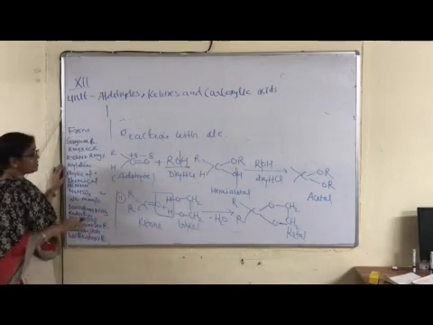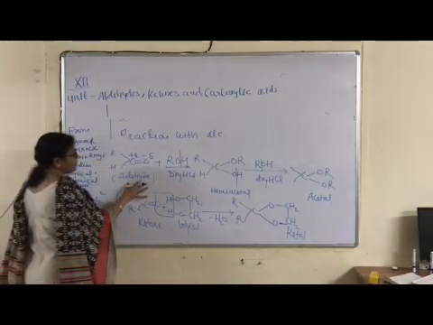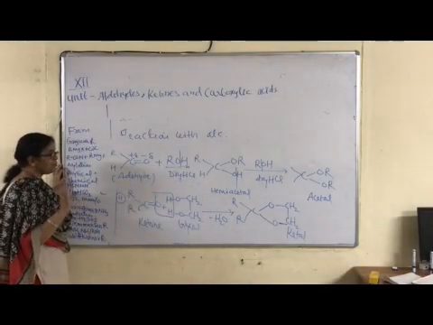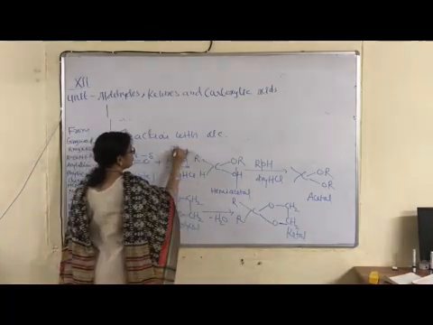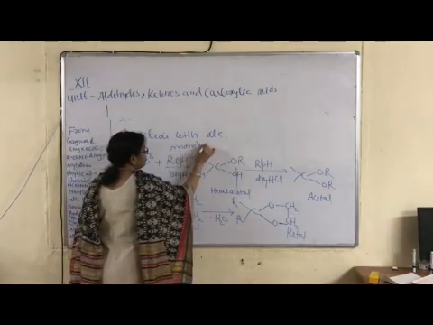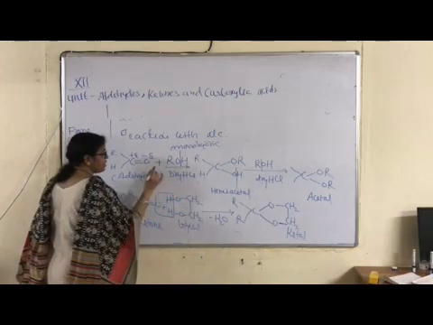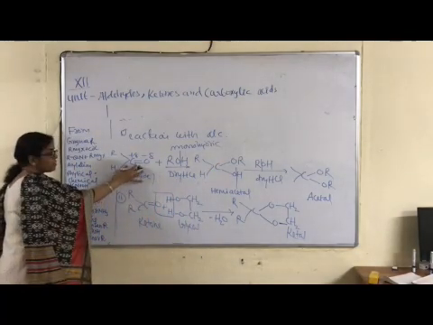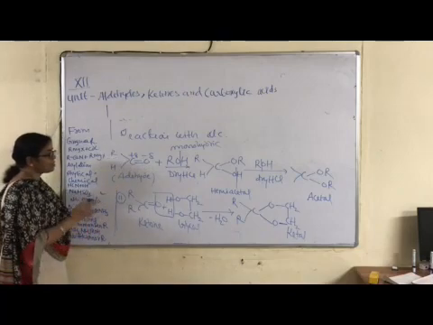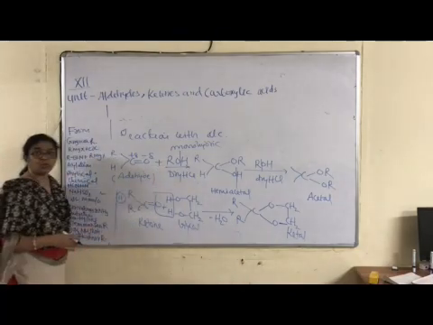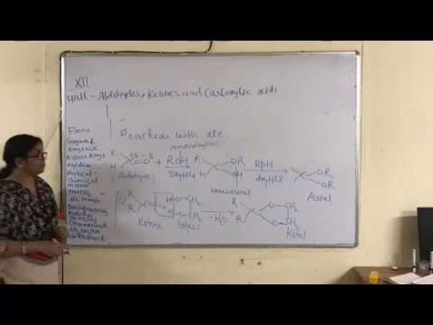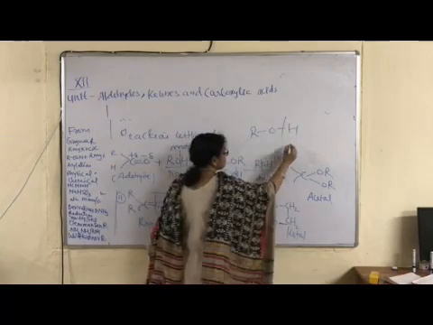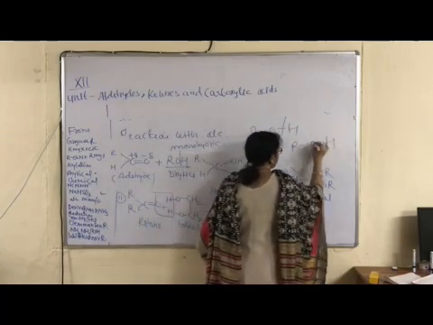Now what is the difference in this chemical reaction? In the case of aldehyde, a monohydric alcohol is required. Monohydric means containing one OH group. The second condition is dry HCl, which increases the rate of reaction. As you know children, this CO group is a polar group. The bond is a polar bond. And alcohol shows two types of cleavages: the first type is between O and H, and the second is between R and O.